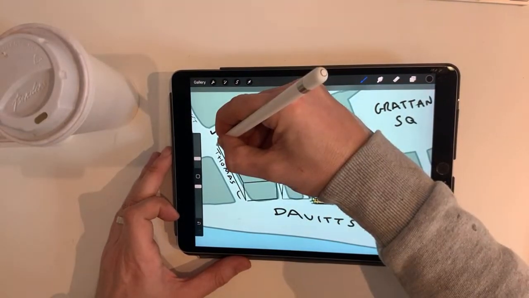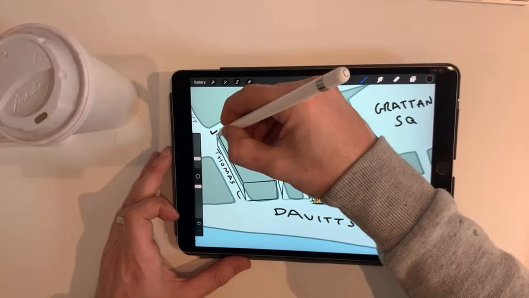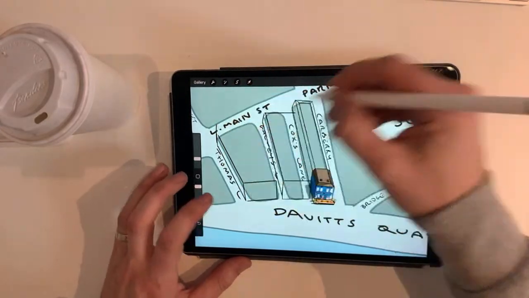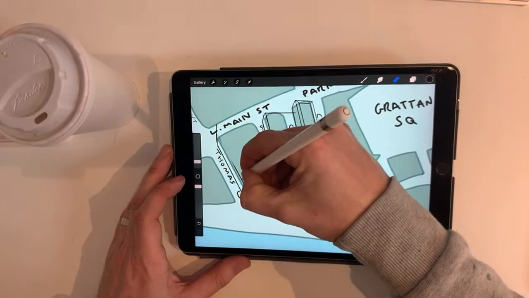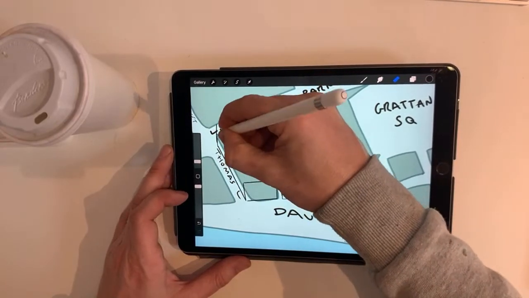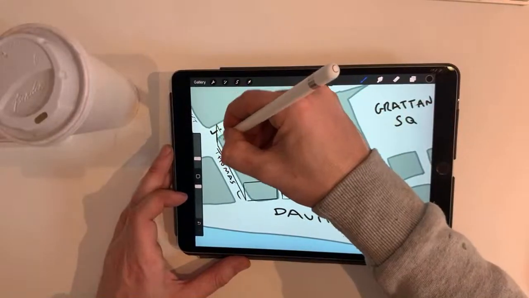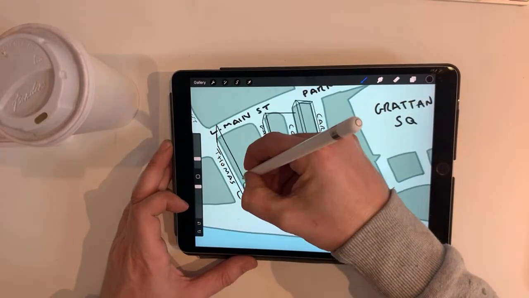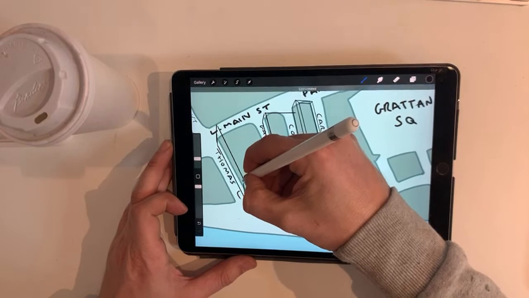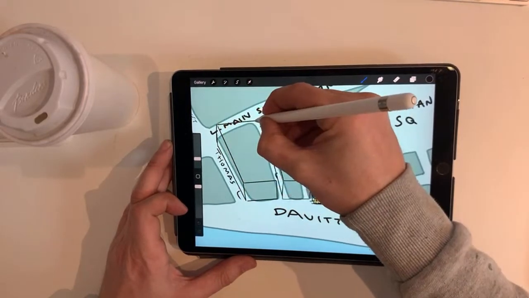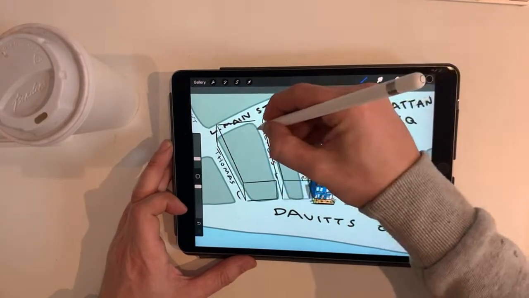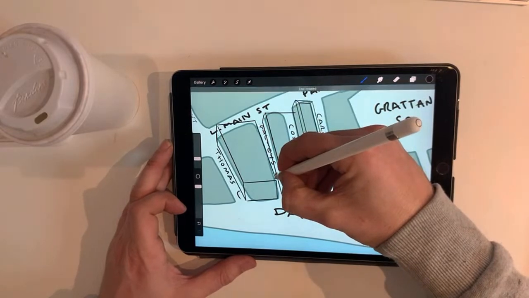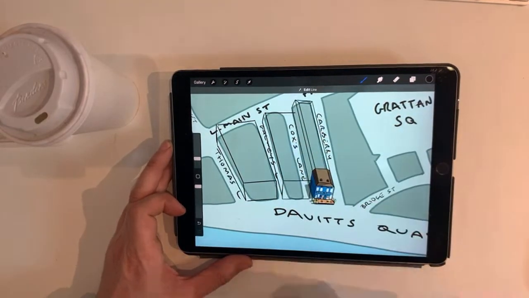Kind of work across to get the heights correct. Well, not correct. This is not a to-scale map. How would you say? It's a map done with artistic license. So the length of the quay and the size of the buildings will not be what you should expect. It's to give you a fun experience more than anything, so that